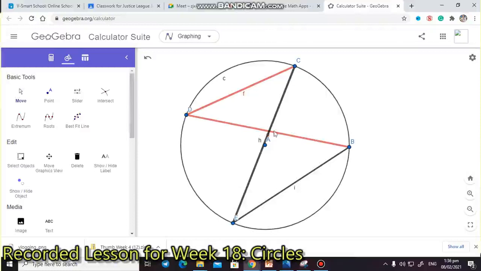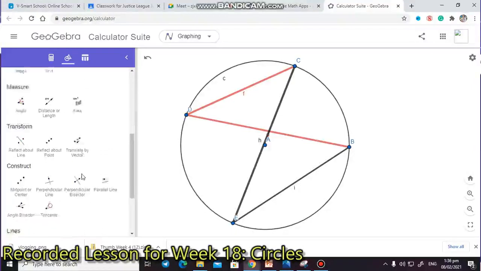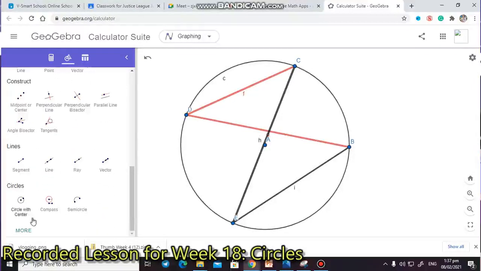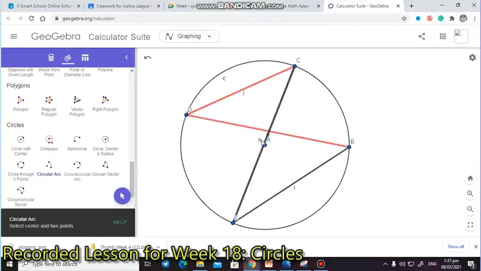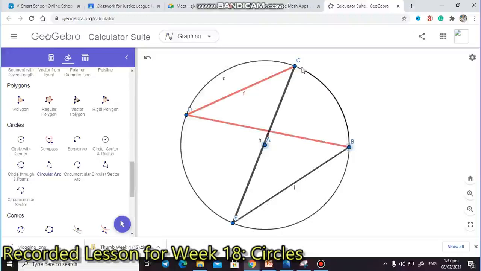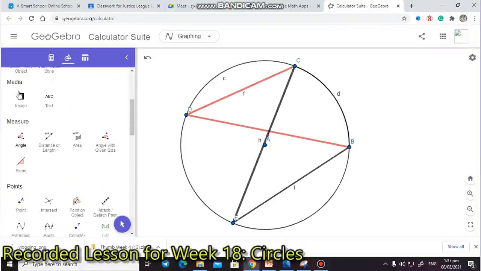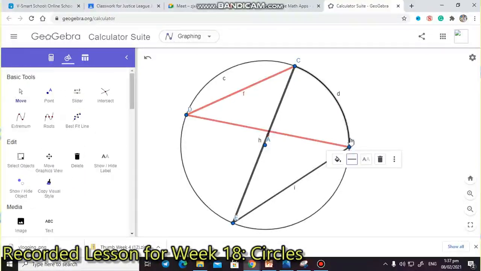Here we have two kinds of inscribed angle: the red inscribed angle and the black inscribed angle. These two angles fall on the same arc. Let me show you the arc, although you can see it, let's emphasize the arc. There, we have an arc here. Let's color that violet. So we have one arc here.